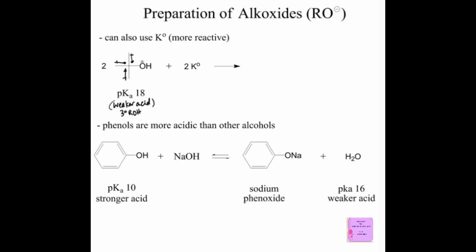And same idea, our products are going to be an O- K+. We're going to get the alkoxide, and the other product here is this H+ that we have is going to come off as hydrogen gas. Okay? When we balance our redox reaction, you see we're using 2 equivalents of the alcohol and 2 equivalents of the potassium, so we'll get 2 equivalents of this guy. This is called potassium t-butoxide,